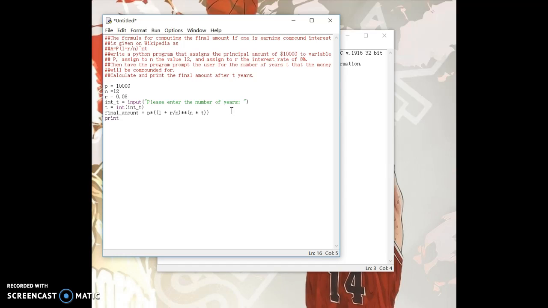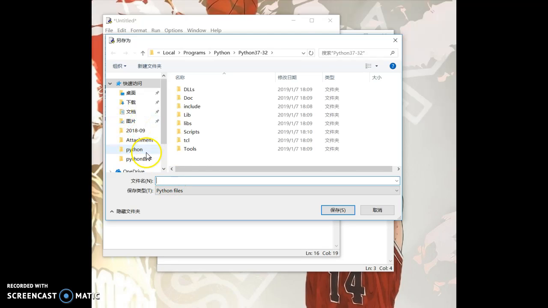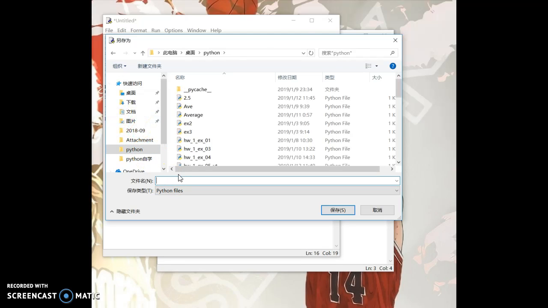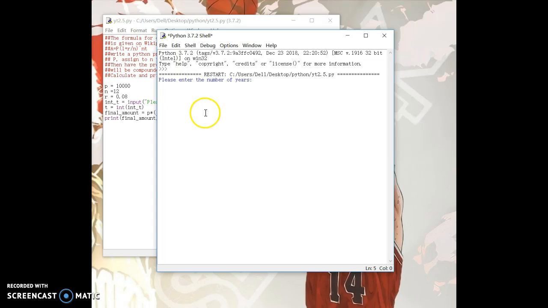Let's see, does it work or not? Print final amount, and then we run it. So here it shows in the shell, please enter the number of years. And for example, if we type the 5, it gives the result of